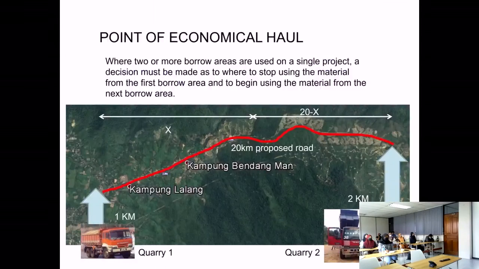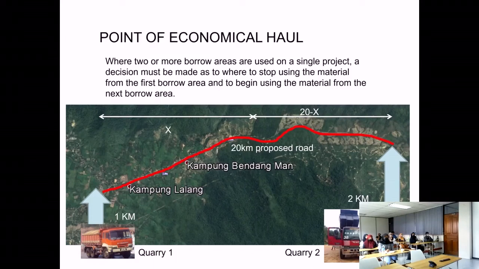Okay. Another thing, remember the transportation of soil? The term called point of economical haul. Haul is, remember, transport soil from one place to another place. Is where two or more borrow area. So in this case, kita aja you need to buy. You need to buy soil. Tadi macam tadi tu, you nak make sure the curve tu nicely and at zero. So you need to import soil and then